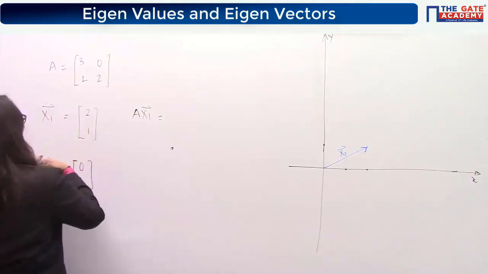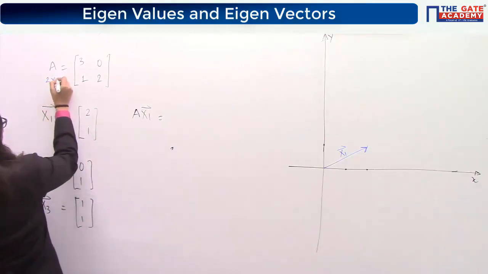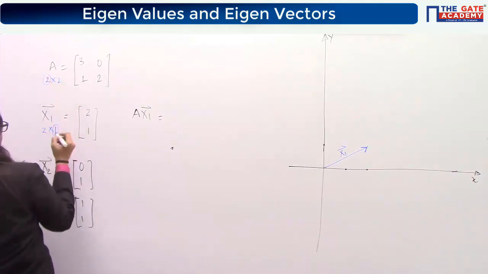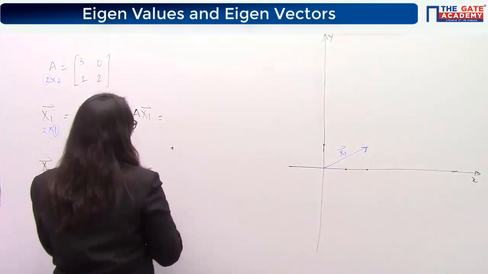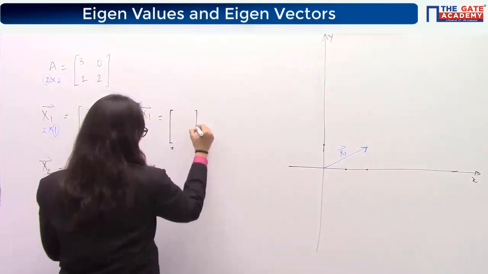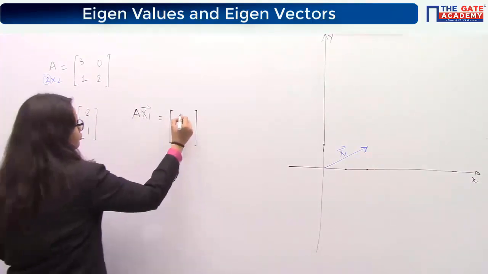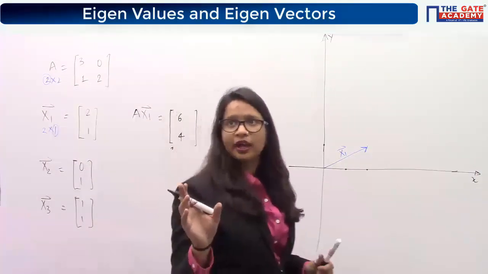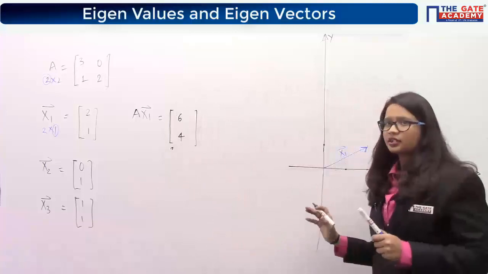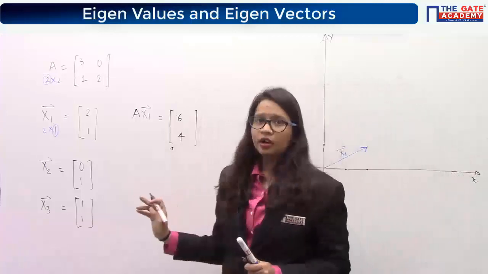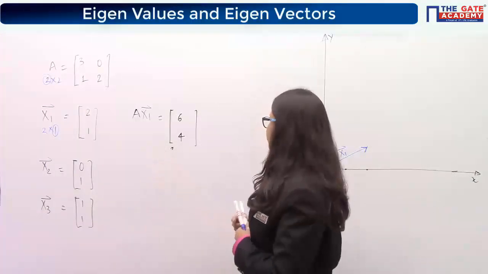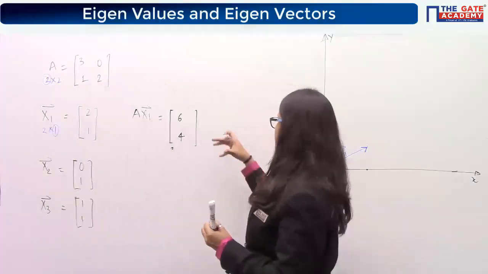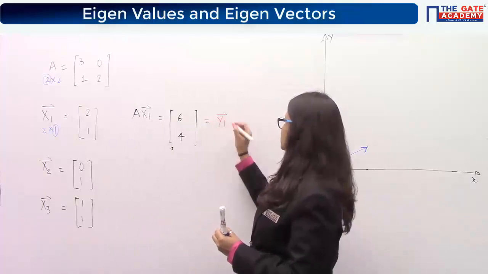It's a matrix of order... what is the order of A? 2 cross 2. It's a matrix of order 2 cross 1. The resultant will have an order of 2 cross 1, means again it will be a column matrix like this, and the elements will be, if you have multiplied, you must have got 6 and 4. I'm not multiplying, you can do that. Yes? Tejas has answered correctly. So 6 and 4. Okay, so if I say that this vector is y1, the result is nothing but y1, let's say. I am naming this as y1.